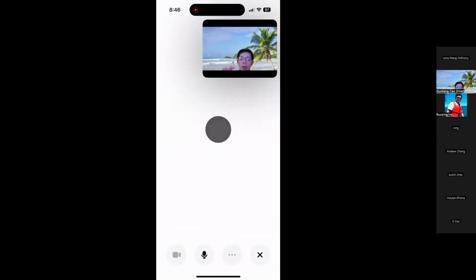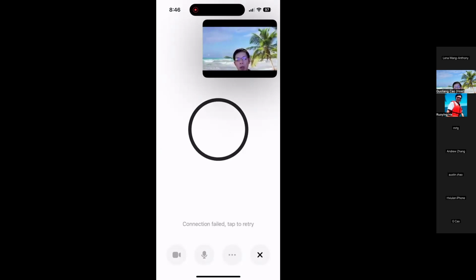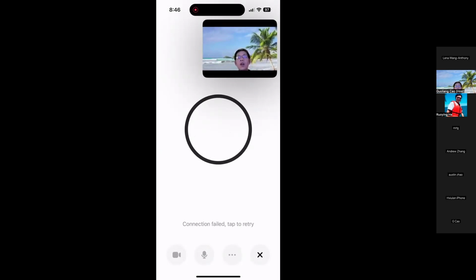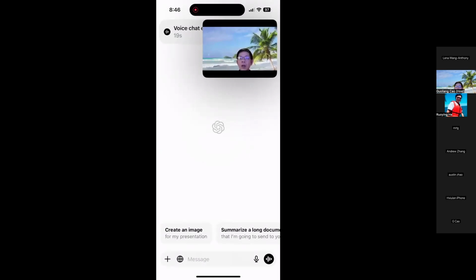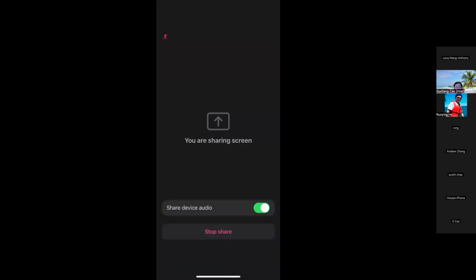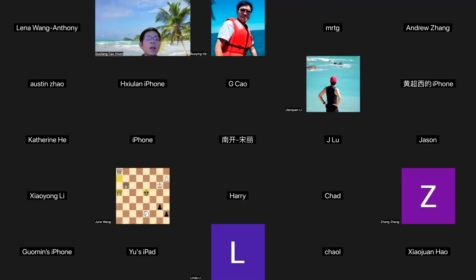I think it has some problem because I'm using Zoom and I'm not able to use the camera for some reason. So pretty much on your iPhone ChatGPT app, you are able to use the camera, point to something, and it will be able to see it, and you can ask it to tell you what that is, or how to use that product. But I think this is probably not ready for prime use. That's why they only said it's center mode. So that is day 6. Now let me share my screen again.